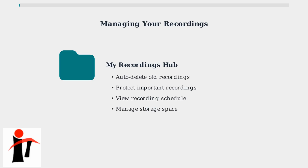All your recordings are managed through the My Recordings hub. This central location gives you complete control over your recorded content. The hub offers several management options. You can set up auto-delete to remove old recordings automatically, protect important recordings from deletion, view your recording schedule, and